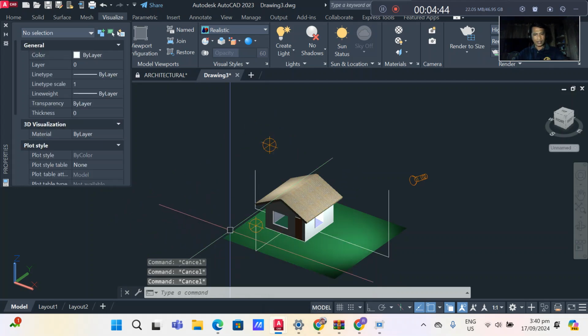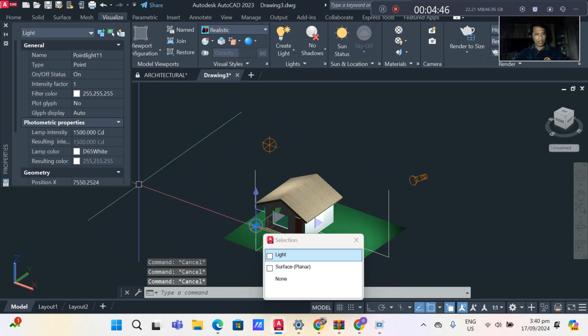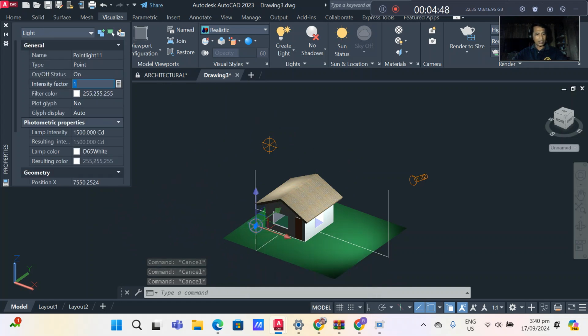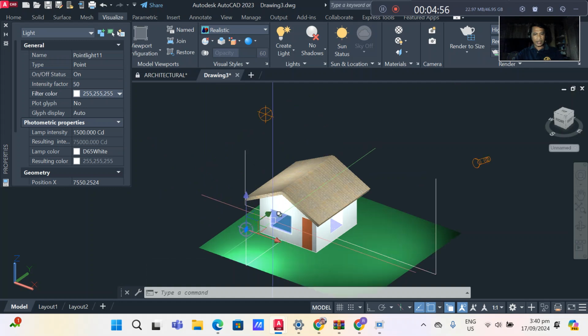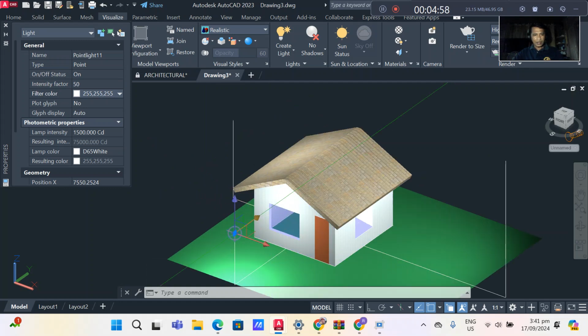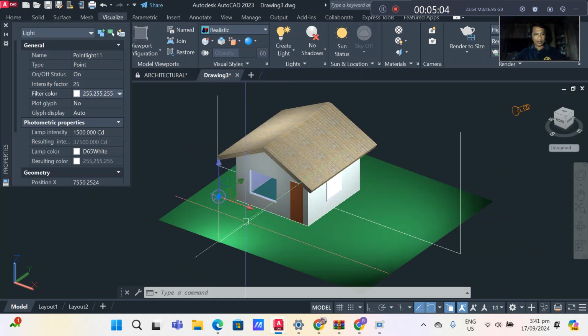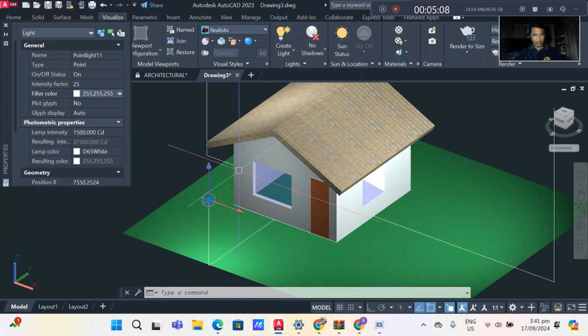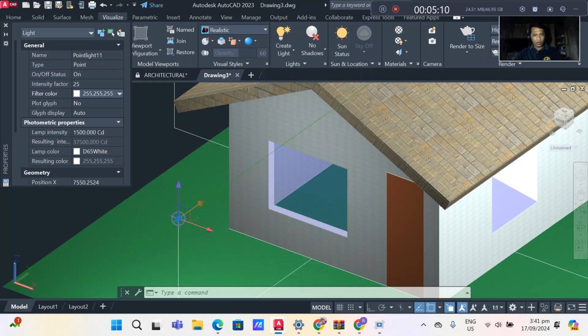Escape again and then select the third bulb, and then change the intensity factor, let's say 50. So it is too bright for me, so I will change that into 25, and then I will move it closer.